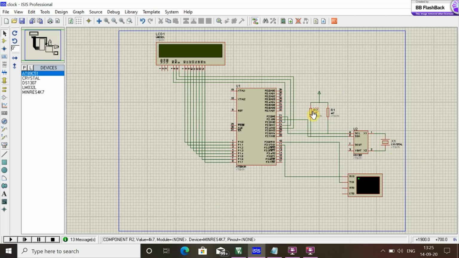And these are the two pull-up resistors connected with SDA and SCL here, and these two are open drain. LCD control lines are connected to port 2.2, 2.3 and 2.4. So see here, the data lines of the LCD screen are connected to port 1, pins 1.0 to 1.7.